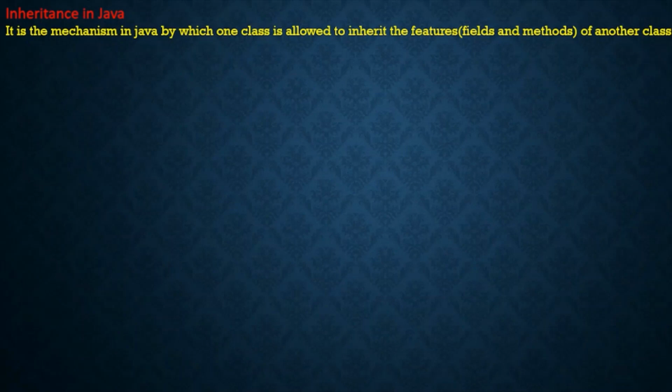Well, consider two classes, class A and class B. Class B is inheriting the properties or features, fields or methods, from class A. Then that concept or mechanism is said to be inheritance. Okay,